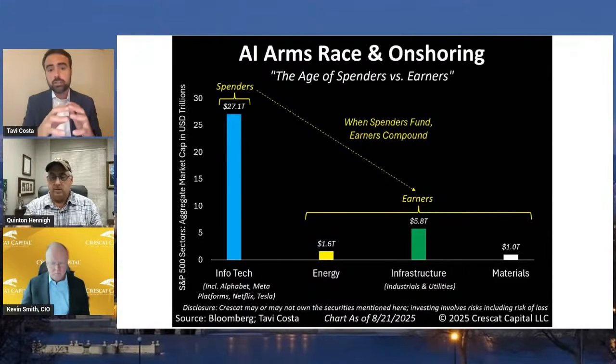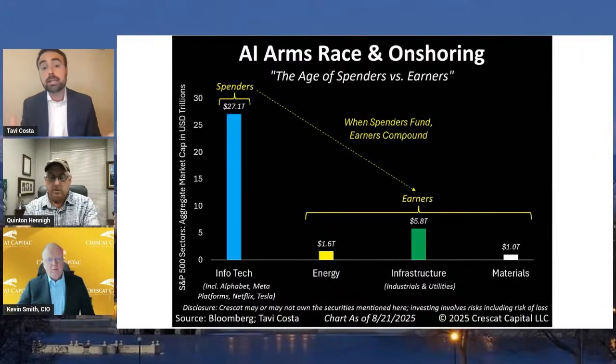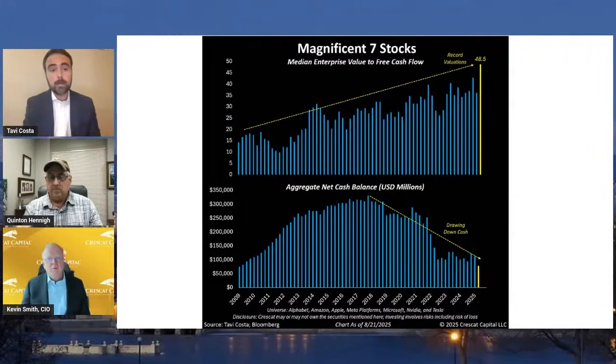You can come up with not just the metals and mining space. You can expand that a bit and think about steel producers or iron ore and all sorts of things, or cement. All these things are going to be very important to build this world of spenders versus earners, in my view. If we go to the next chart now, where's the money going to come from? Let's answer that question. I do think it comes from the top Magnificent 7 companies and the others.